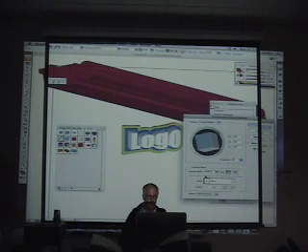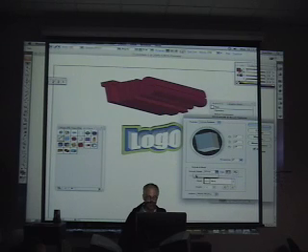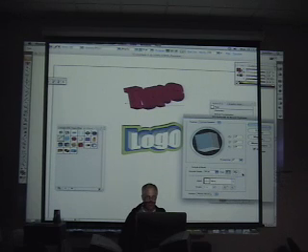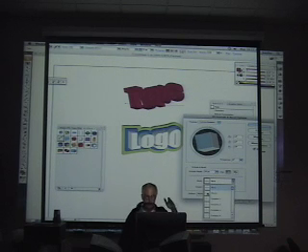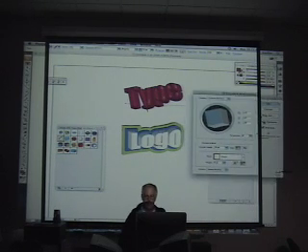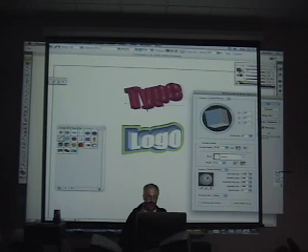Okay. You can also determine the depth of the extrude. You know, this can be like so. And this can be like so. You can really do some pretty wonky stuff. Okay. What we also need to do with this too is we need to determine if you want a bevel. So this will actually chisel the edges a little bit. We can also look here, let's look at more options. We can determine the light source